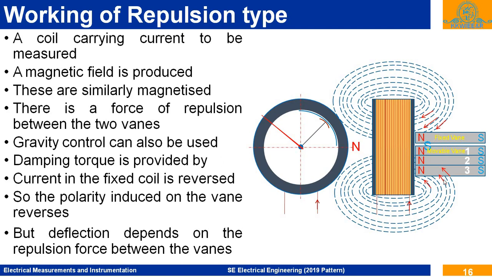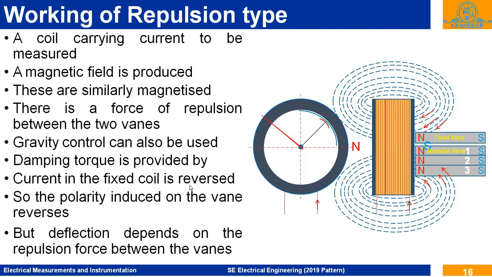Here the linear movement is shown, but it can be done angularly. These are mounted on the spindle, so angular displacement can be generated. For understanding purposes, this linear movement is shown, as we saw in the construction. Which is mounted on the spindle, so there is a deflection. Again, for controlling purposes, spring control is provided to die down the oscillations and to give a steady angular movement of the pointer. The damping is provided.